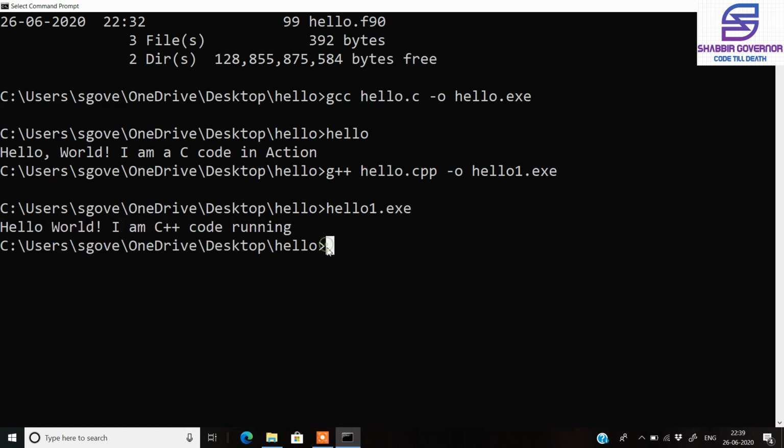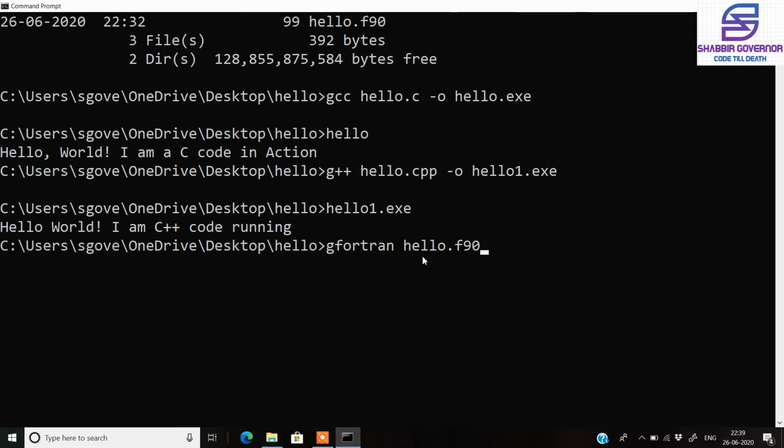So lastly, we need to compile and run the Fortran code. For the Fortran code that is inside our directory, we have the command gfortran. Then we need to write the name of the file. The name of the file is hello again. But note the extension of all three files, they are different.